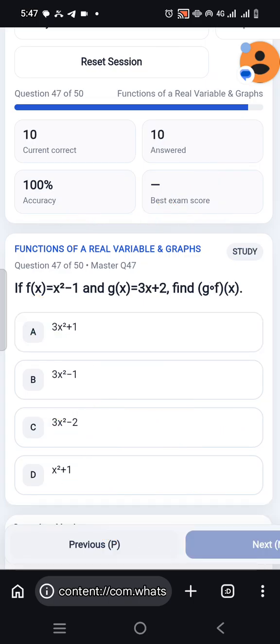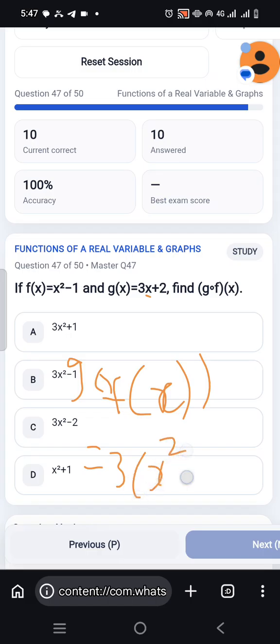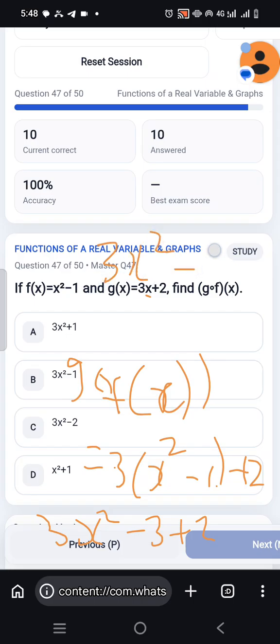And then the next one, I should find g of f of x. So g of x itself is 3x plus 2. So g of f of x will now give me, I'll replace this x with f of x. So that will be 3 into the bracket x squared minus 1, then plus this 2. So 3x squared, that is 3x squared. 3 times minus 1 will give me minus 3, plus 2. So minus 3 plus 2 will give me minus 1. That is 3x squared minus 1. So B is actually equal to